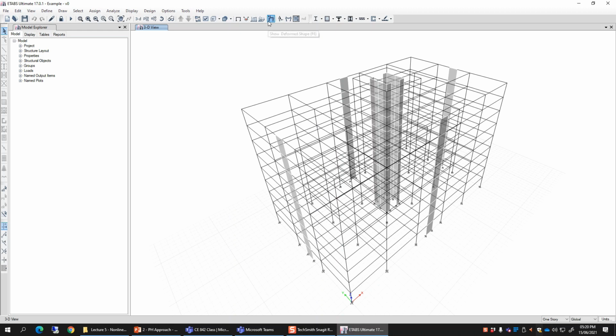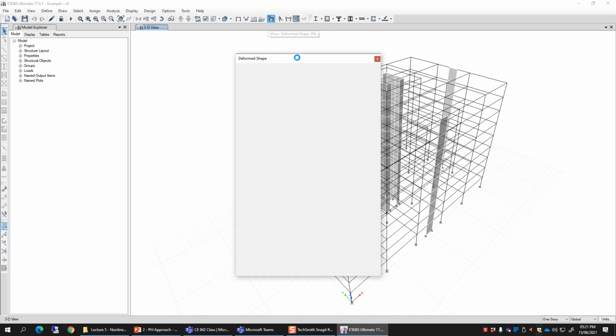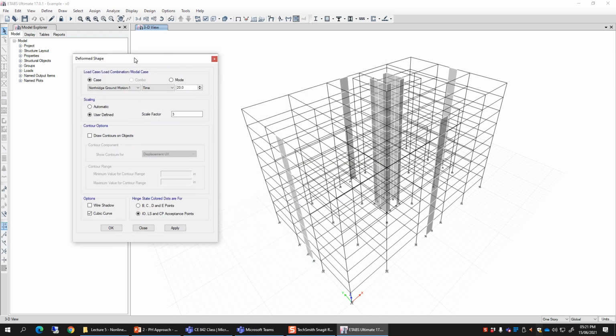If I want to see the deflected shape, I can go to this show deformed shape option, and then I can select either of the two load cases. So I have Mode 1 push. This is the pushover load case, and it is a monotonic push in X direction, and it has several steps. I can select any step, and then I can click on apply to get